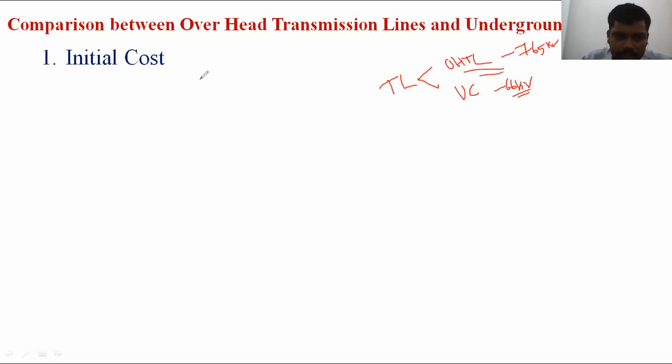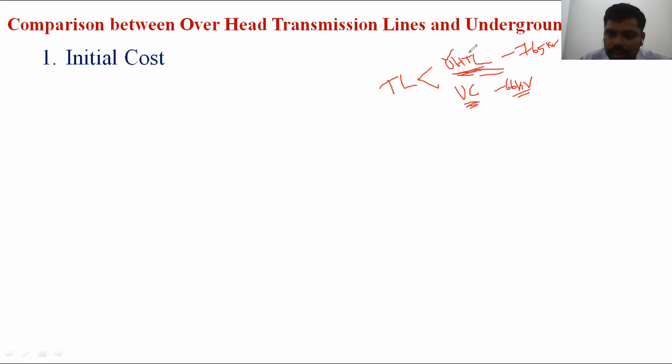Comparing various 10 to 12 parameters, in an overhead transmission line, all the conductors are visible. Identification of a problem and rectification of a problem is easy. But in the underground cable, everything is kept in the trench, so identification of a problem is difficult, and rectification of a problem is also difficult. The visibility is good in the underground cable, but when n number of conductors are connected, n number of tappings are there.